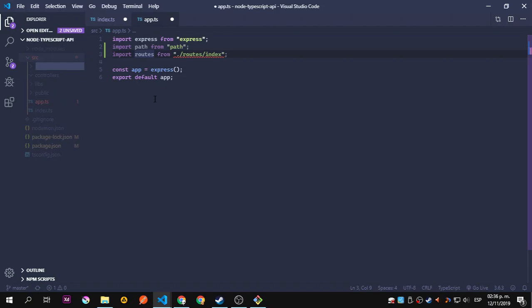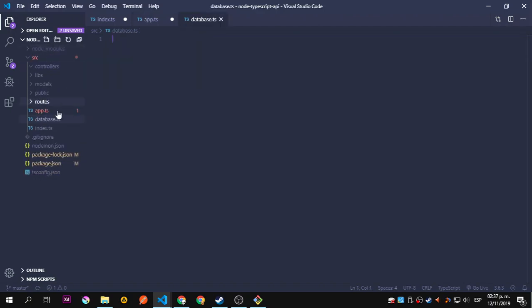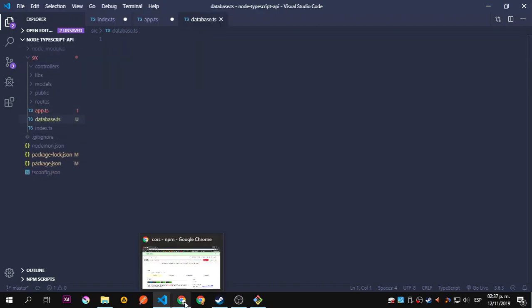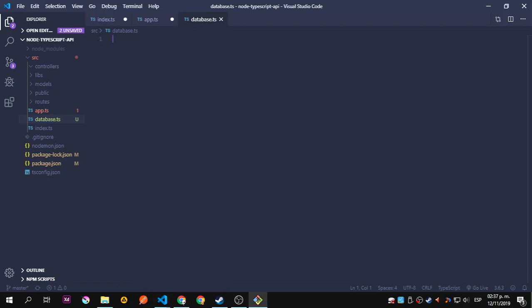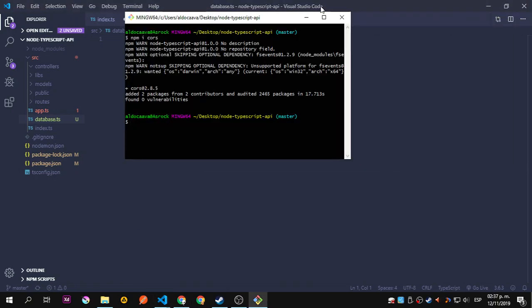So we have controllers, libs, we're going to add models because we're going to use them for Mongoose. The other folder, again inside source, is going to be our routes. And that should be it. And also we're going to create a new file inside source that is going to be database.ts. Okay. And we will get that in a second. We don't have the environment variables, but we will install them later. So we already have cors installed,